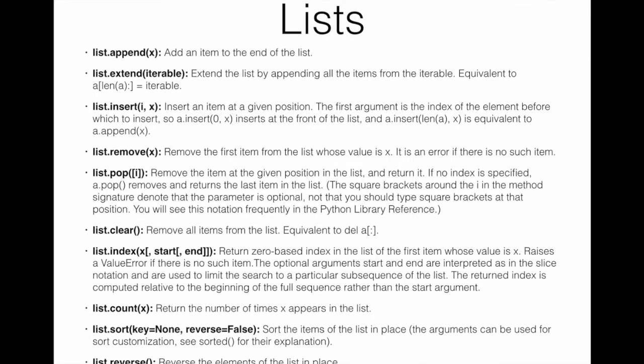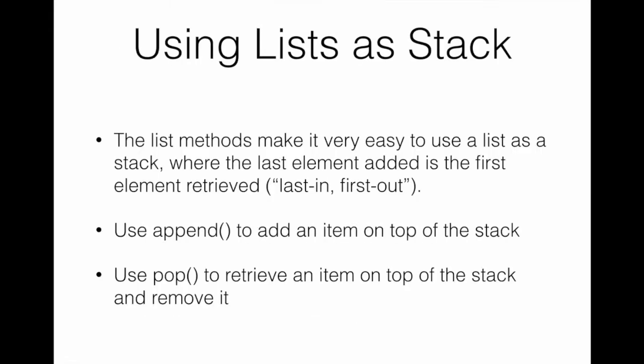One of the commonest data structures used in Python 3 is the list. These are some useful list methods: append, extend, insert, remove, pop, etc. Append adds an item to the end of the list. Similarly, for insert, you give an item and the position or index where the item should be inserted in the list, and the insert method does that. The remove method just removes the first matching item from the list. So these are some methods used in lists.